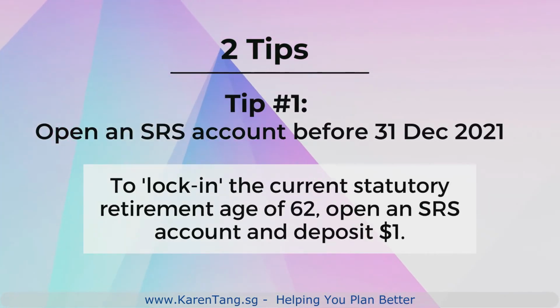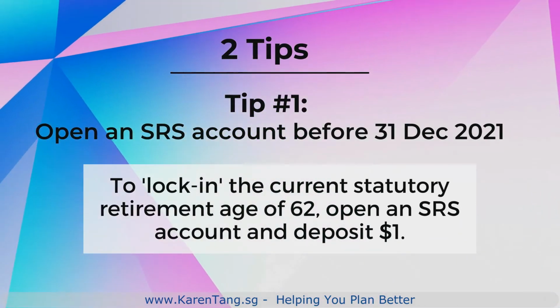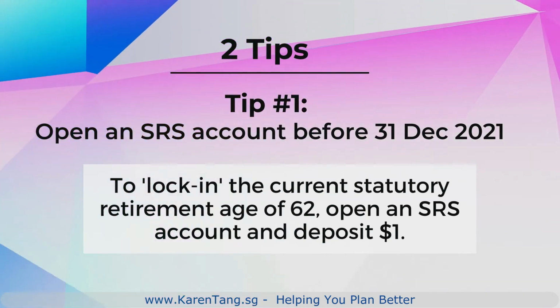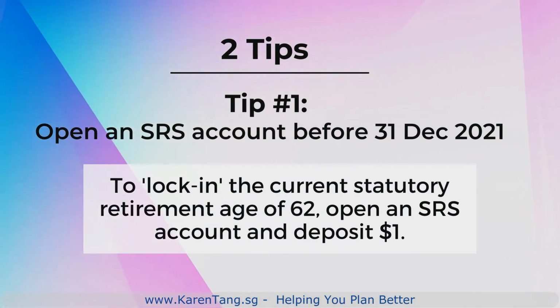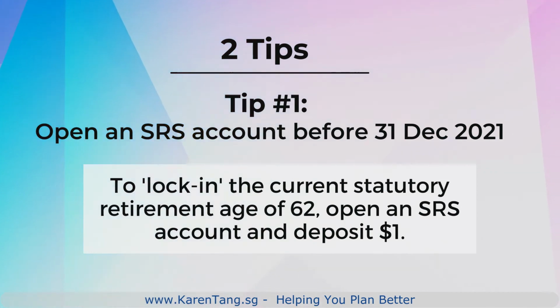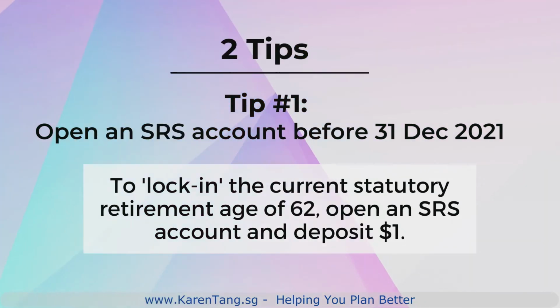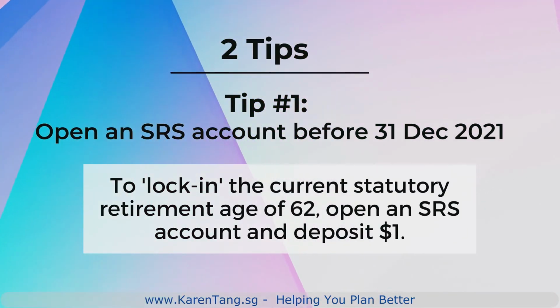There are 2 tips that I want to leave with you today. Tip 1. Open an SRS account before 31st December 2021. Based on the recent announcement by the government, the statutory retirement age will be raised from 62 to 63 years old from 1st July 2022 and gradually to age 65 by 2030. Therefore, you can open an SRS account now and deposit $1 to lock in your retirement age first. Do not put more than that if you're not sure how you will use your SRS account to help you